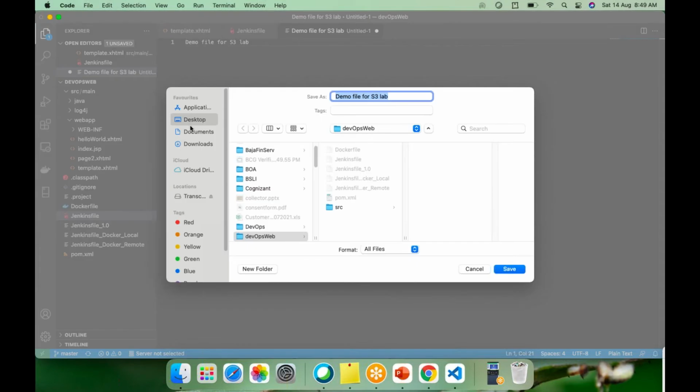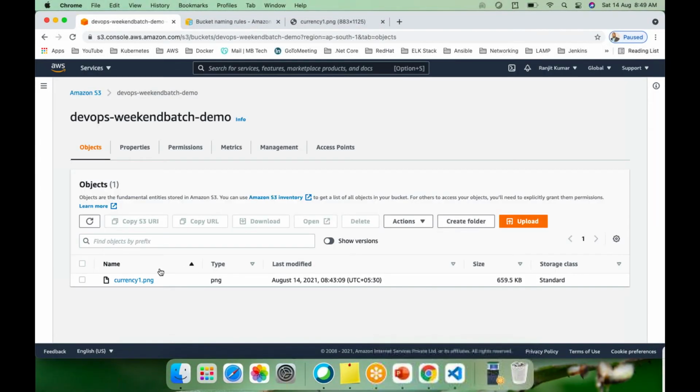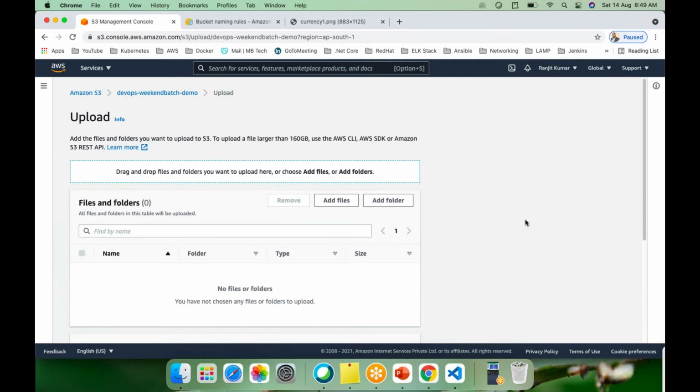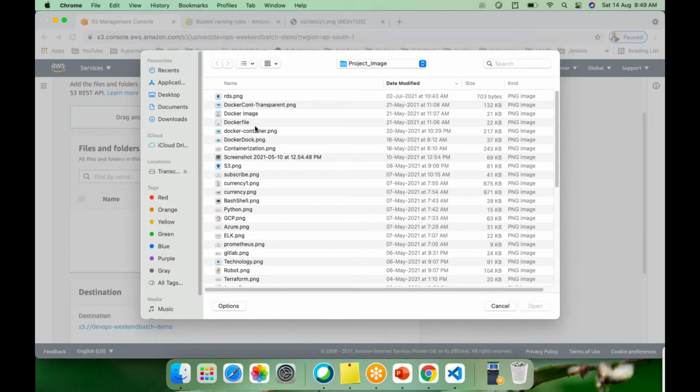Even though I want to put a different version of the same file, suppose let me put another file. Let me add some text file that will show you how the versioning works. Now let's go to the bucket. Before that, let me create one simple file.